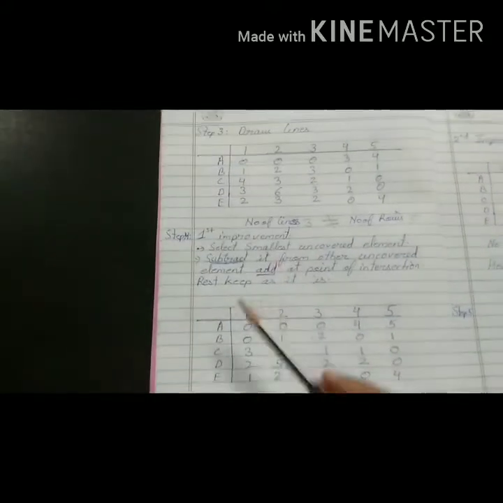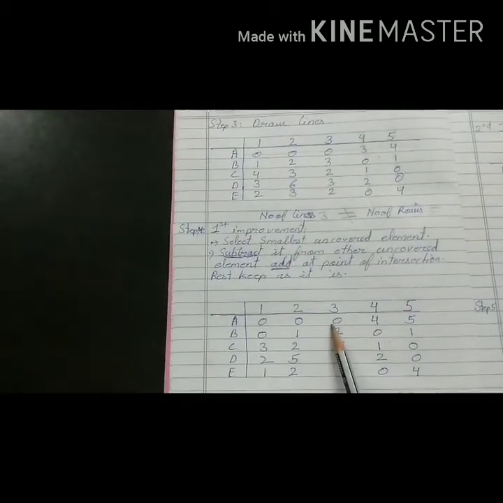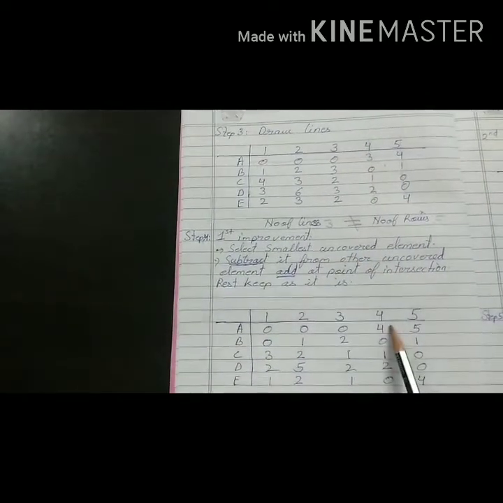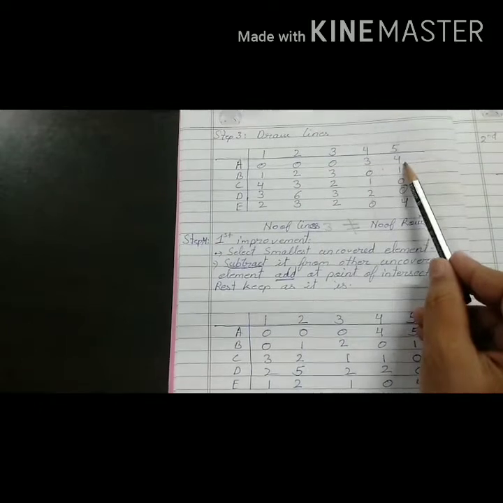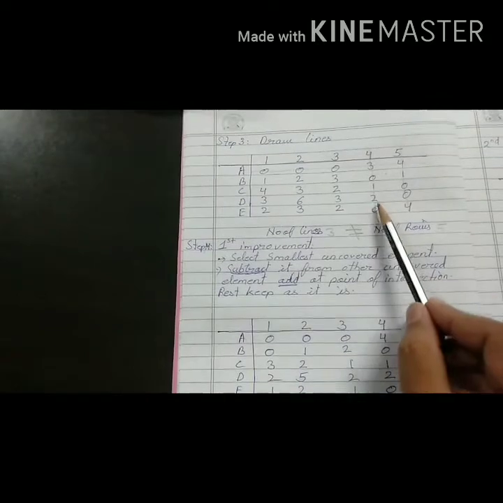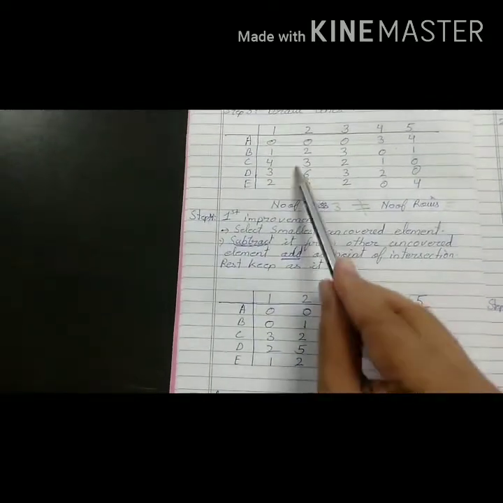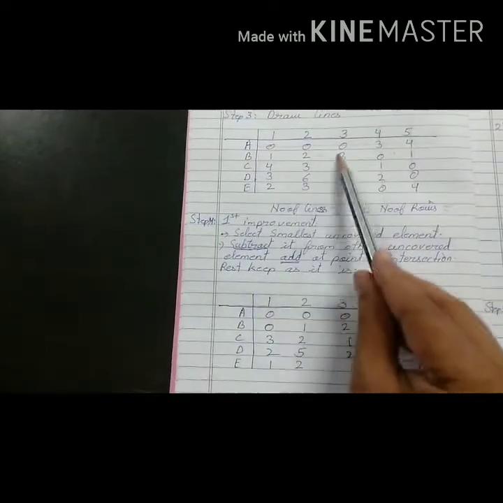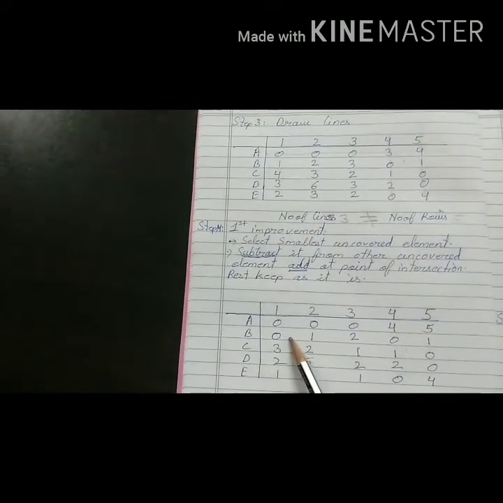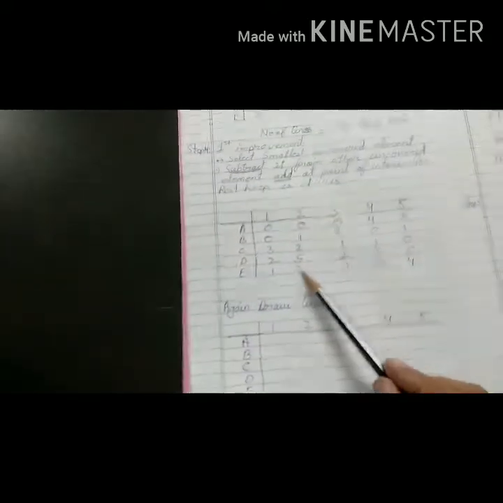Now see, we have kept the covered elements as they are: 0, 0, 3, 0, 0, 0. Now this is a point of intersection 3, add 1 to it and it becomes 4. Again this is the point of intersection, again add 1, it becomes 5. Again this 0, 1, 2, as this is under the line, so we keep it as it is. Now these elements which were uncovered, we subtract 1 from each and every element, so it becomes 0, 1, 2. So this is the newly formed matrix.